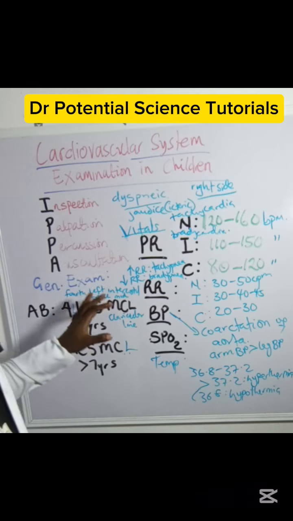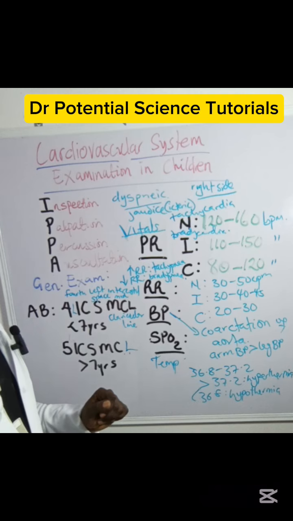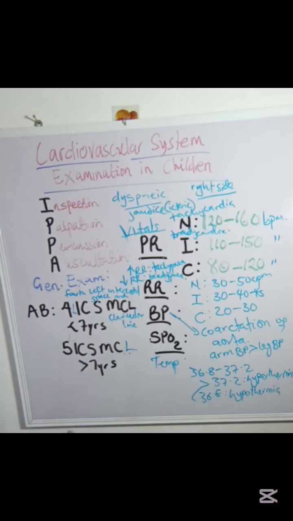And anytime you want to examine the chest, you must always position that patient at angle 30 or angle 45. I'll show you that in class, don't worry. So the normal position